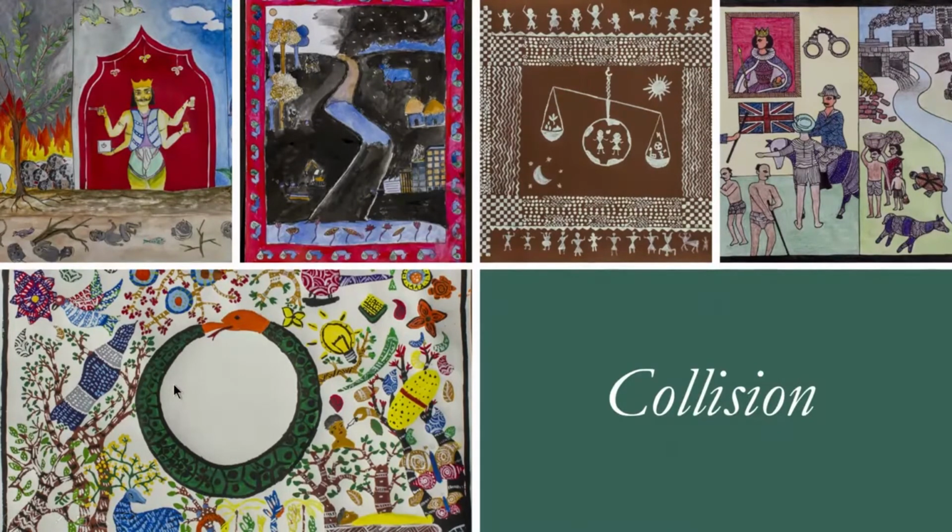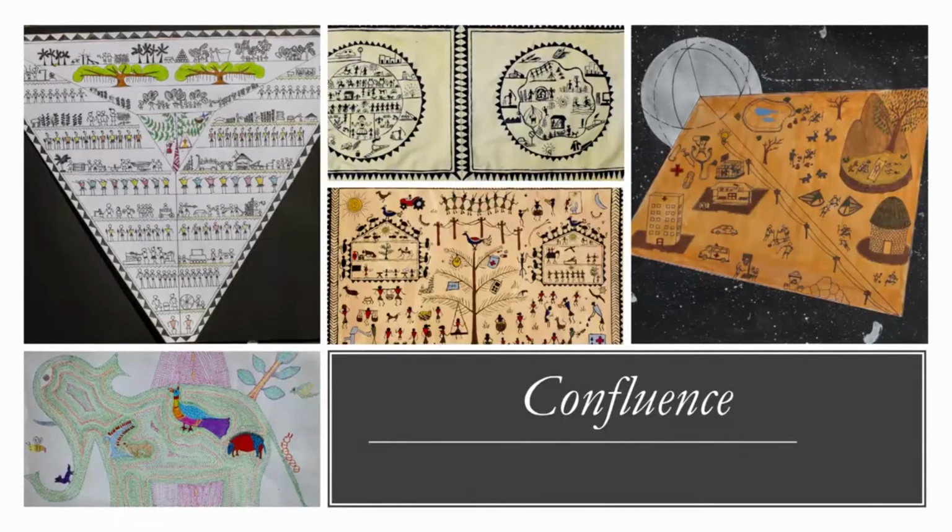So, some group of students felt that science and technology has not done anything useful, but has been a mode of destruction for ecology and tribal life. But another group of students felt that there has been a confluence. Science and technology has very nicely mingled with the tribal life, very nicely mingled with the environment, and there is a confluence of both. There is harmony. So here they are showing in Saura style how life has gradually become better because of science and technology.